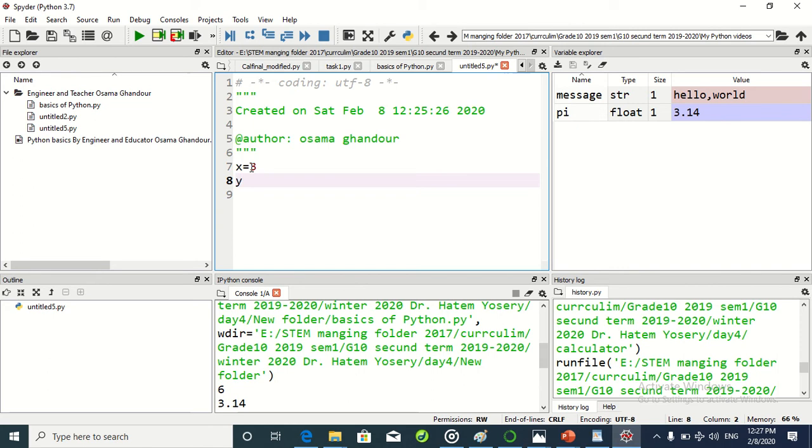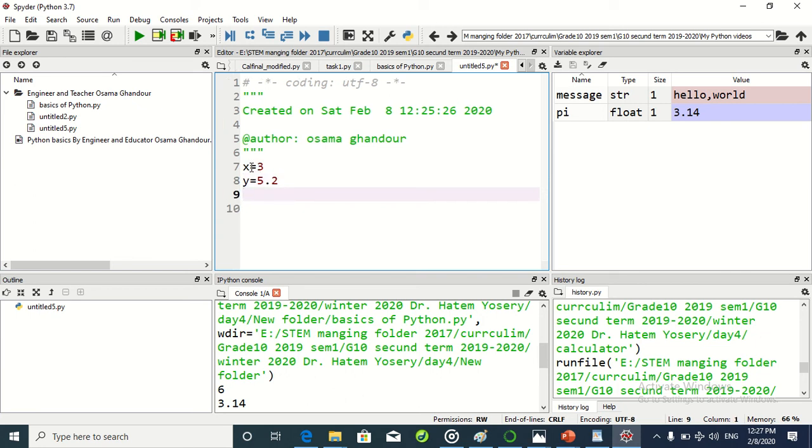and y equals 5.2 and z equals 6. So now let r1, it's another variable called r1, equals x plus z, and r2